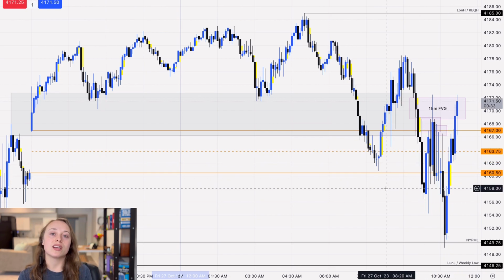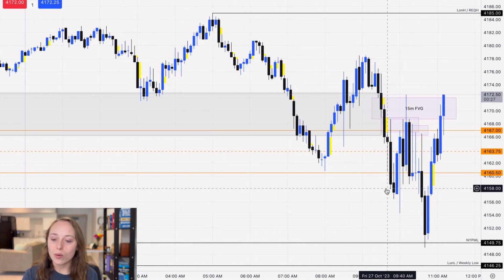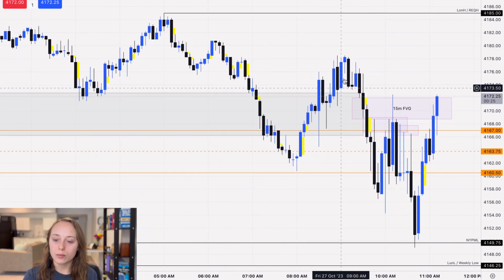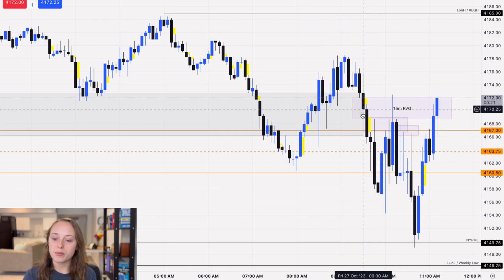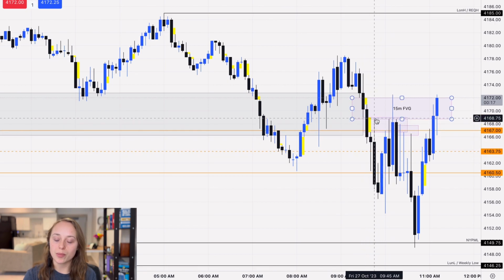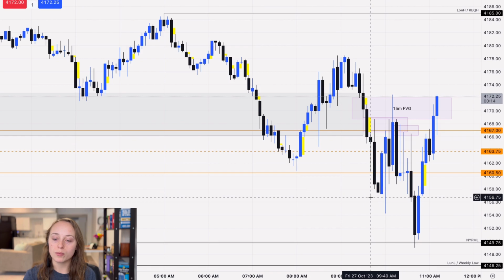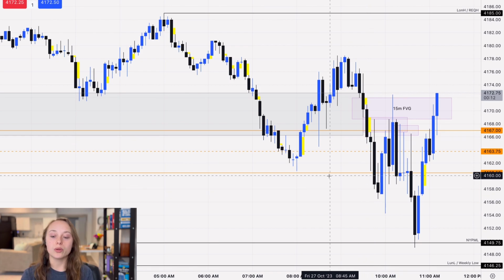Again, I didn't take a trade this morning just because the markets were just not in my favor. I noticed that when we did open, we came up, we had the opening range gap, filled that in really quick. We had this 5-minute fair value gap. I wanted to draw that out. We have a nice retracement back up into it, and then we dropped lower below the new day opening gap, which was nice to see.